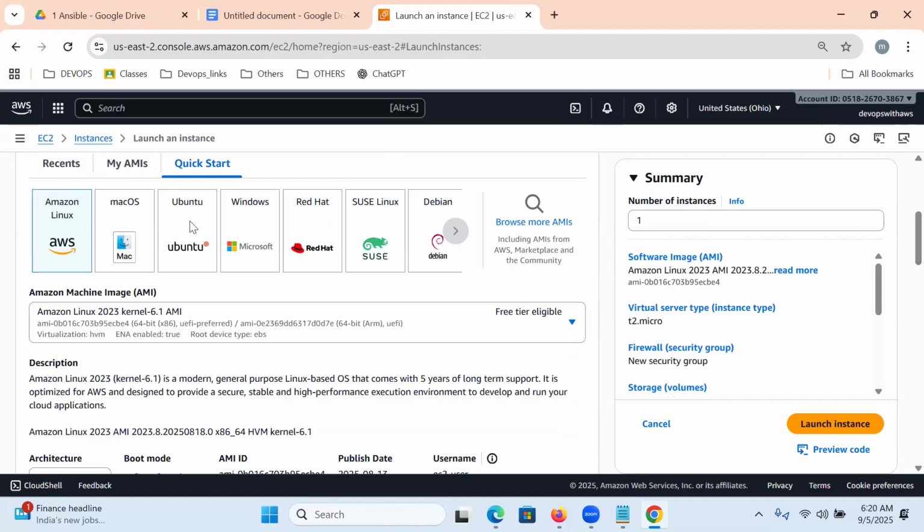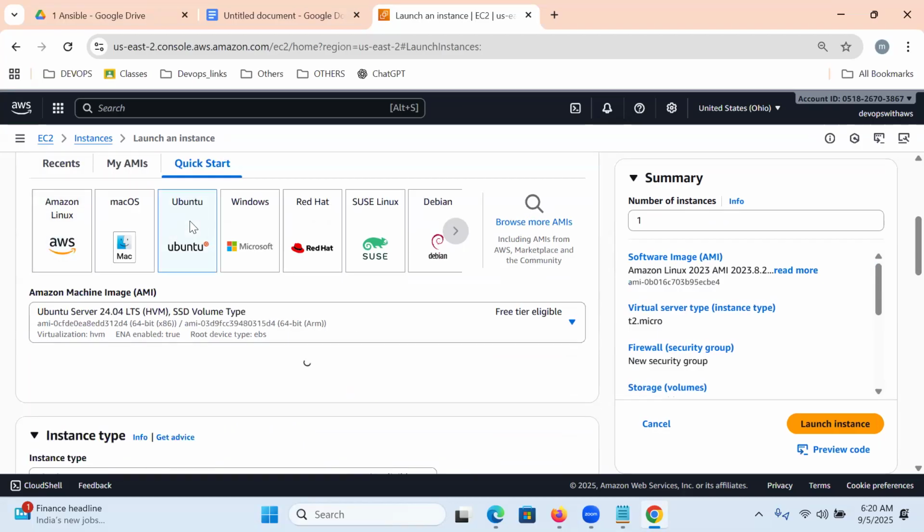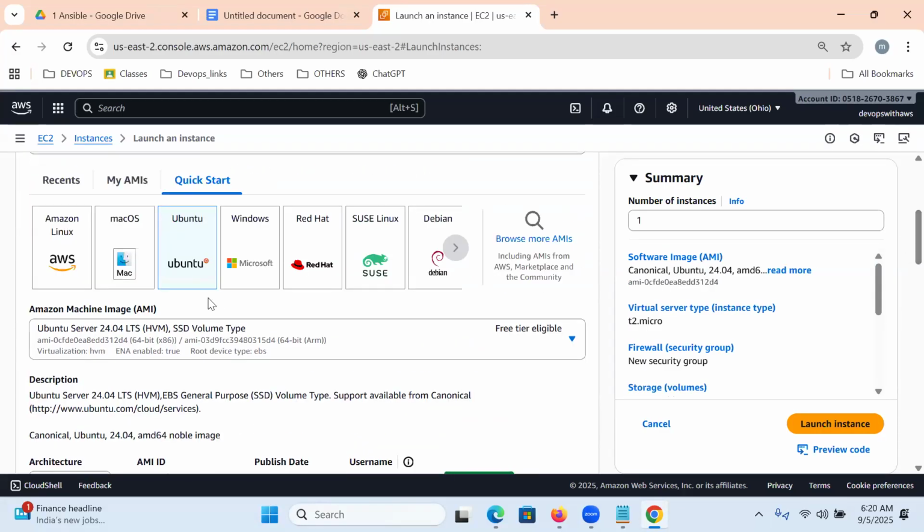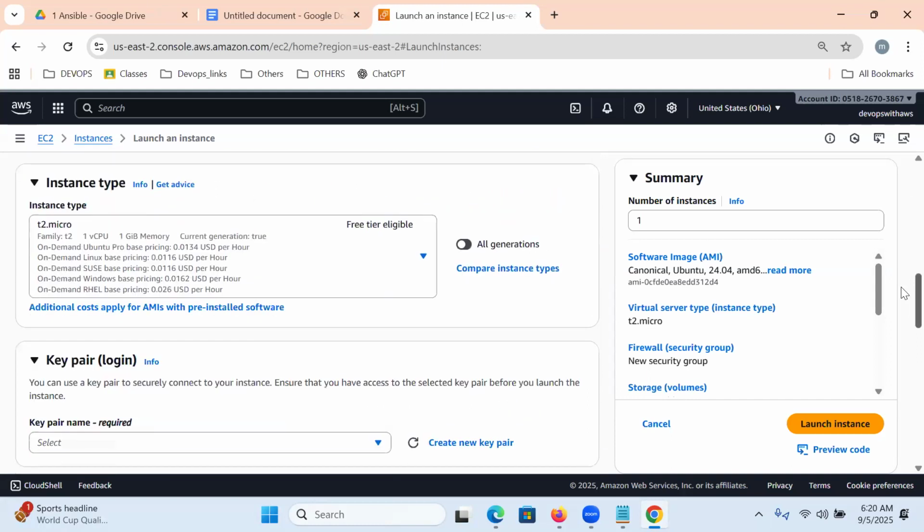Please use Ubuntu, choose the Ubuntu operating system. Then please choose T2 Micro. It has 1 core CPU and 1 GB RAM.